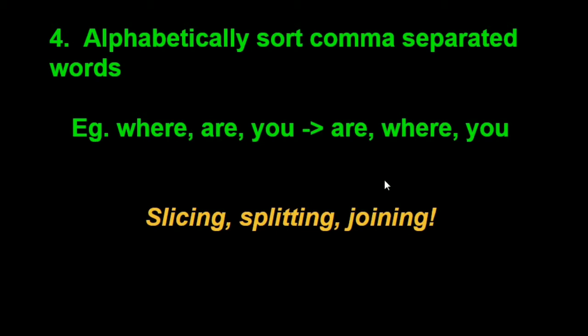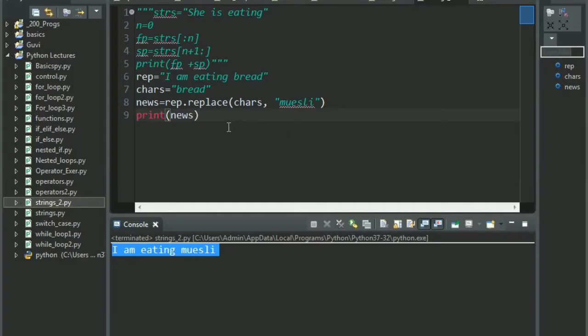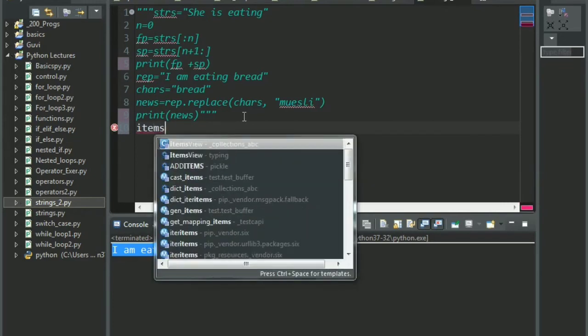Might sound a little complicated, right? But let's understand it in detail, then it'll be clear. So we are basically using slicing, splitting and joining here. So we have two functions and the concept of splitting. In case you want to try it out by yourself, please go ahead, that'll be excellent. Okay. Now let's take an input from the user this time and let's store it in a variable items.